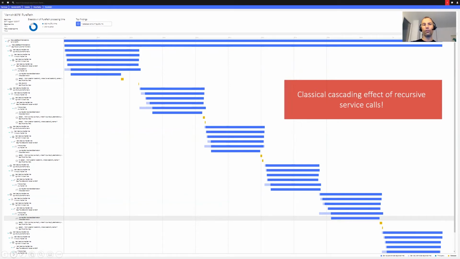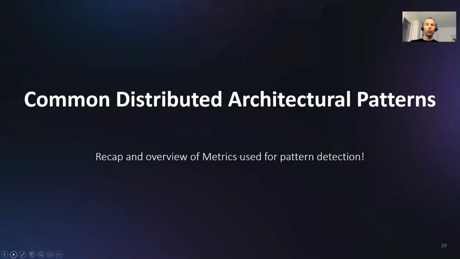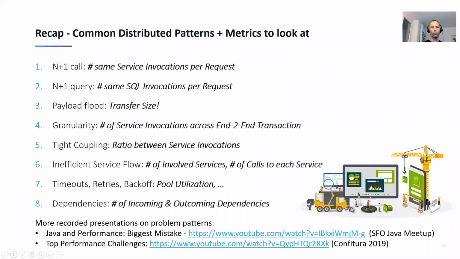not pretty when it comes to distributed architectures and efficiency. So let me quickly recap what we have seen so far. I know there is definitely much more we could go through, but the top ones that I constantly see have been covered: the N+1 call, the N+1 query, the payload. There are other things in there, but the main point here is that I've shown you visualizations of